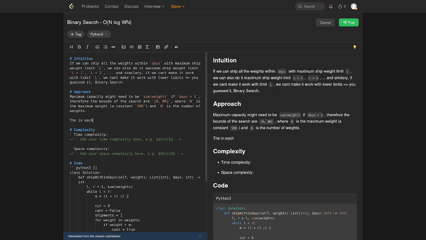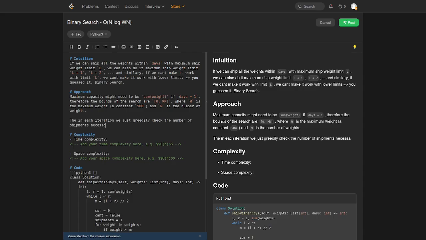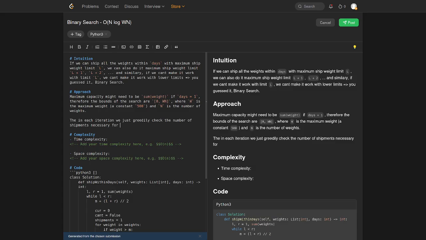Then in each iteration we just greedily check the number of shipments necessary with a given limit.